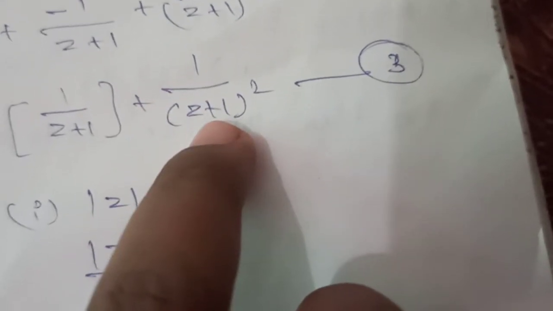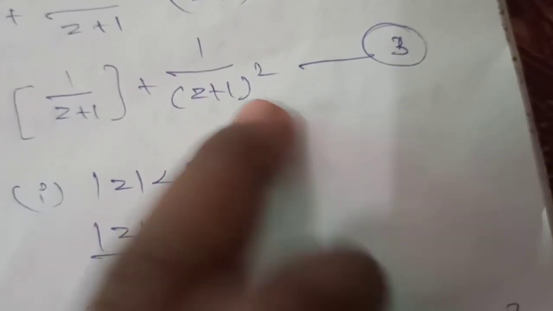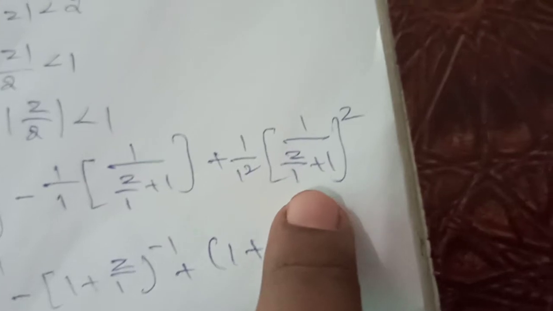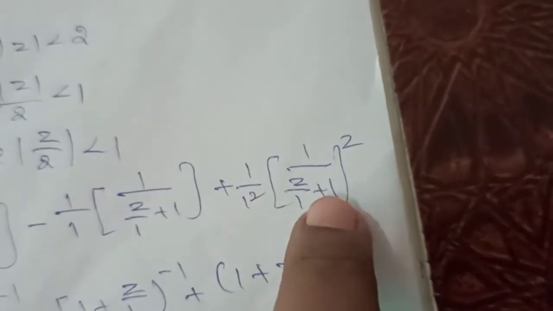Okay, plus the second term also you can replace variable by constant, meaning 1 value take outside. Therefore 1 divided by 1 square, 1 divided by z by 1 plus 1 the whole square. I will write here 1 by 1 square into z by 1 plus 1 the whole square.